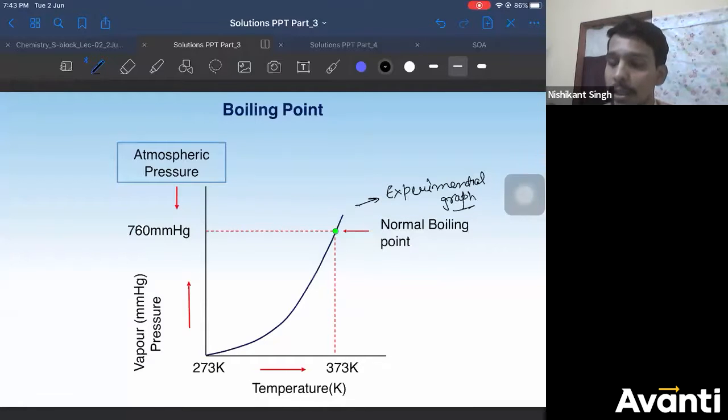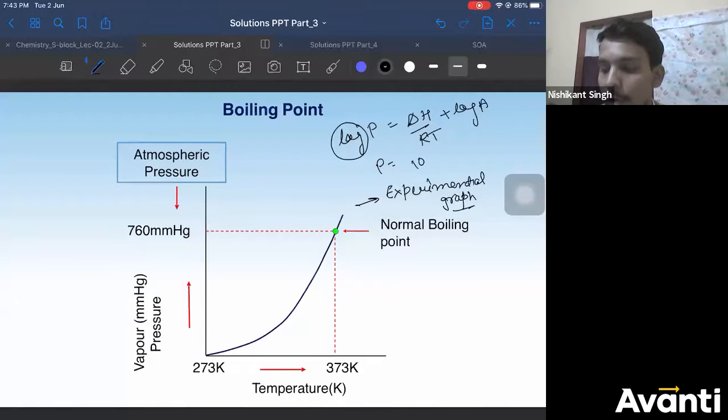Another thing you should observe here is, if you recall, we had derived this: log P is equal to delta H by RT plus log A, right? I think this was the equation. Sign I'm not sure about. This was from the van 't Hoff equation. Now you can see here, P you can write in terms of a constant. When you write log, you'll get a power of 10 or a power of e. If you take ln, then you'll get a power of e. So a power of e will be what? Exponential graph, na?